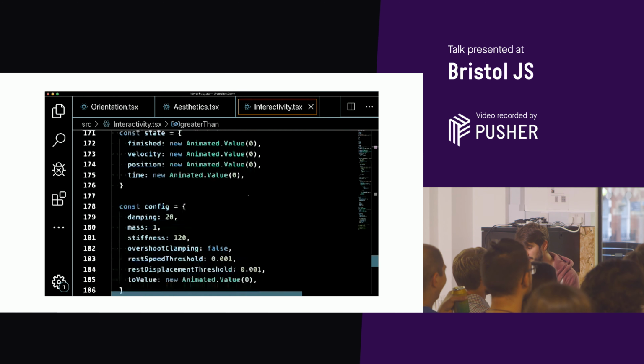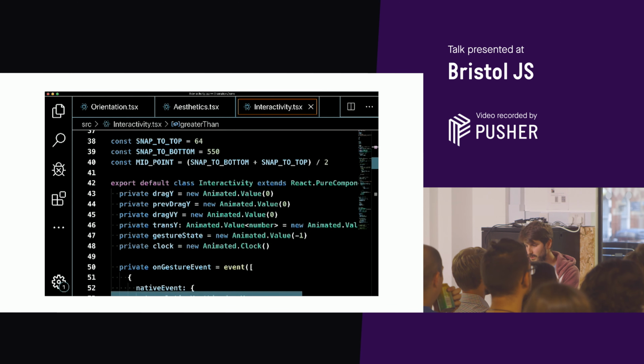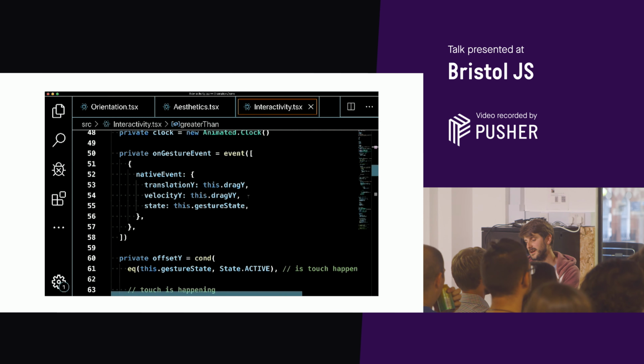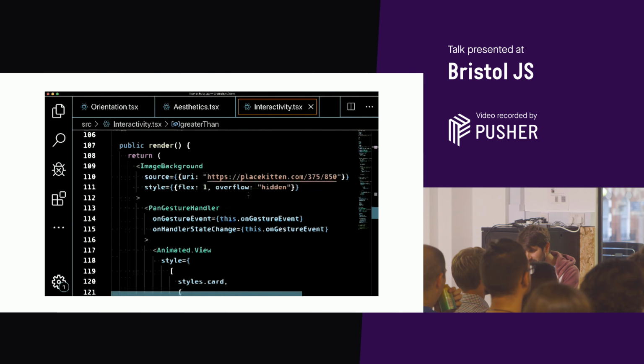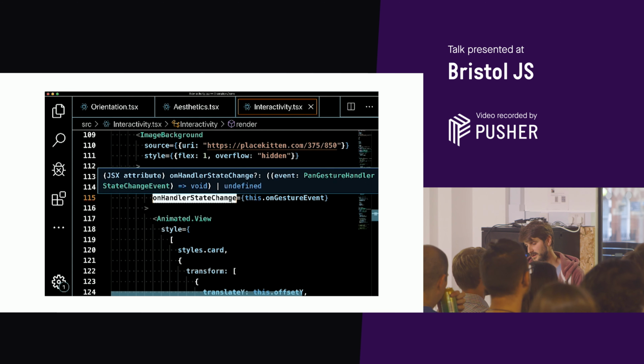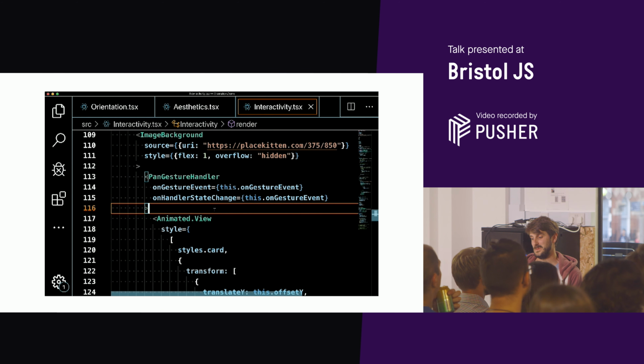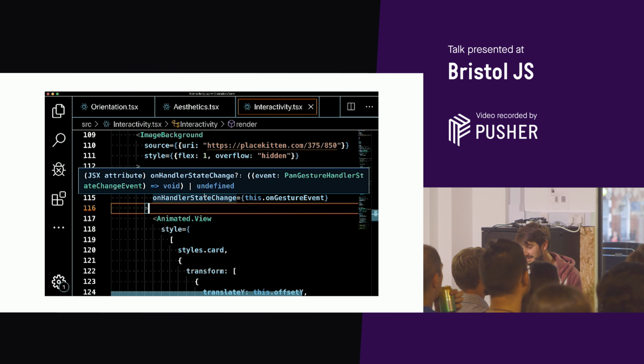And then, how this is implemented is, we have this PanGestureHandler, and we say onGestureEvent and onHandlerStateChange. So handler state change is when you start and end a touch, and gesture event is like when you move. We will use this onGestureEvent. Now that is not